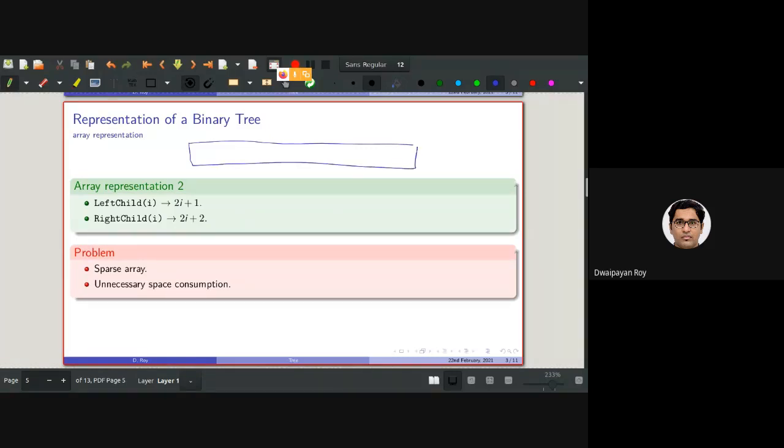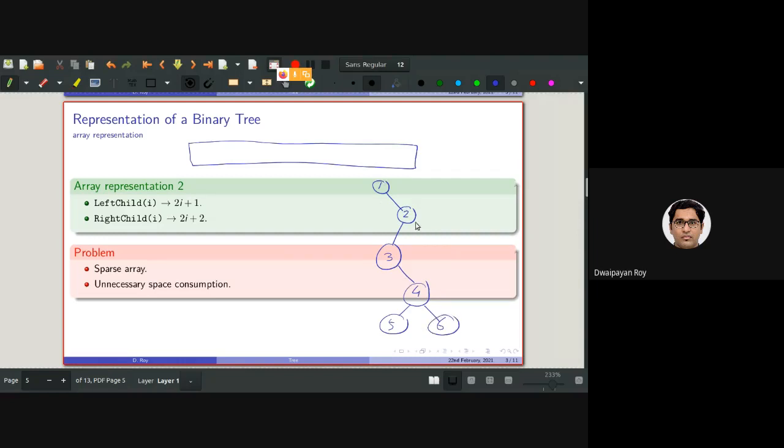So let me just draw you a tree. It contains 1, it contains 2, it contains 3, it contains 4, 5, and it contains 6.